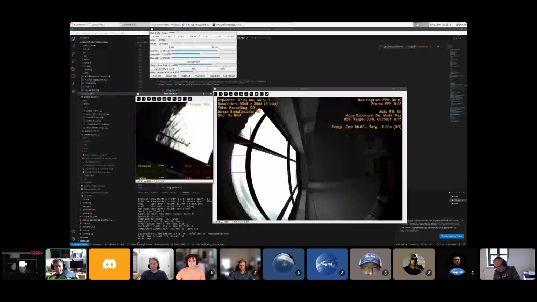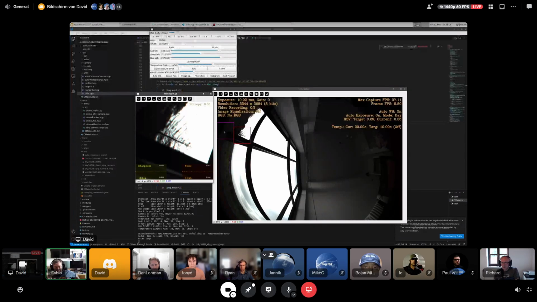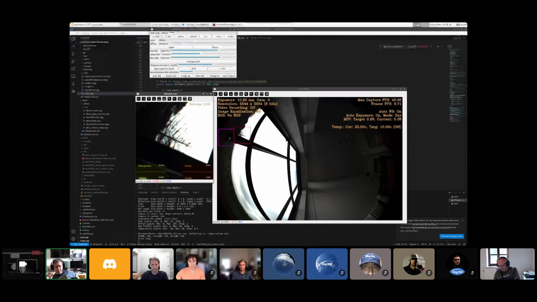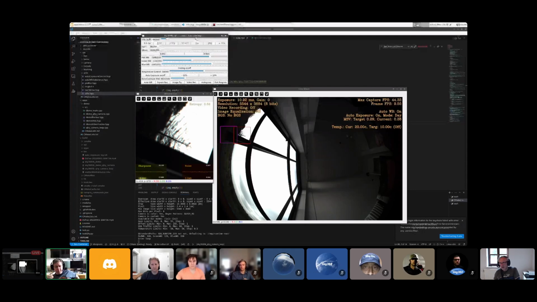And just one thing I want to point out is that, as with all the other algorithms, like the auto exposure and everything else, it's completely configurable. So we can change the target mean value for both day and night, and also the ramping up, ramping down, and everything like this.